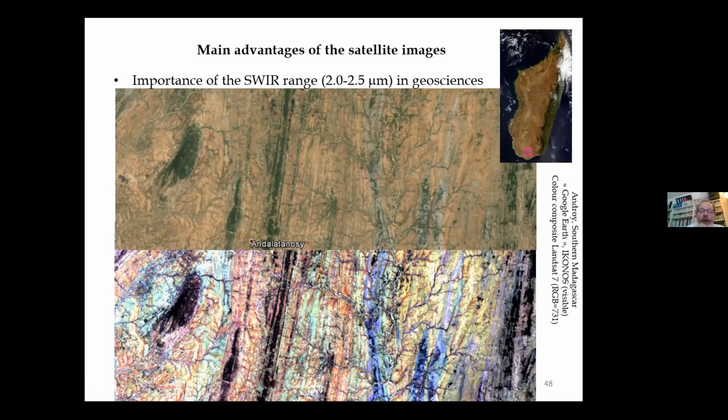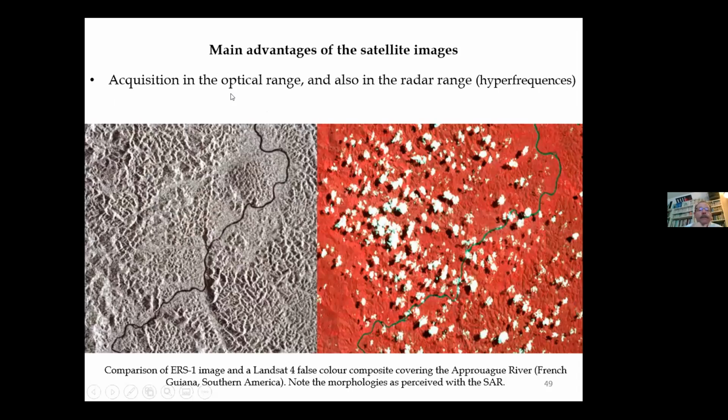And you can see, for example, in this case, the blue, more or less blue, corresponds to marbles. These are carbonates, metamorphized carbonates, providing blue colors here. Very typical in this area, but you have plenty of different kinds of metamorphic rocks. I will show you other details when we speak about the shortwave in more detail as well. Among the main advantages of satellite images, you have also,